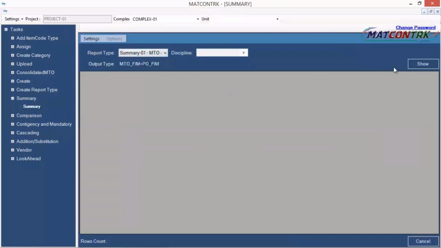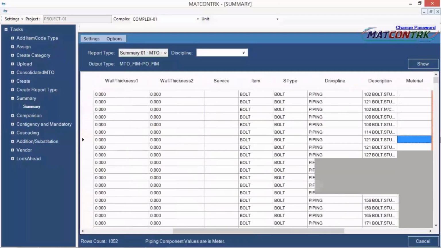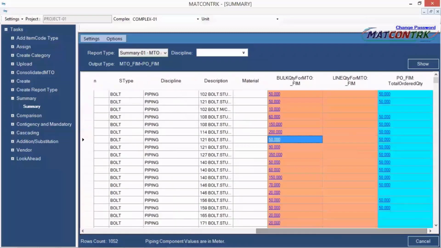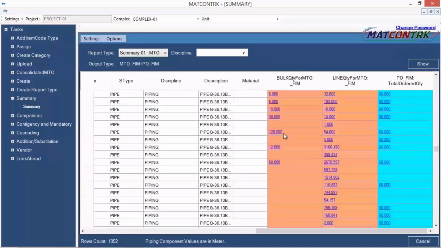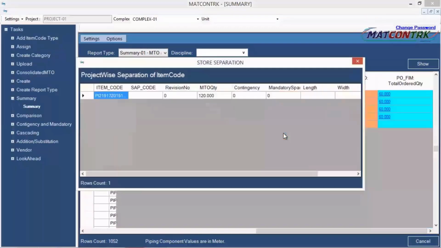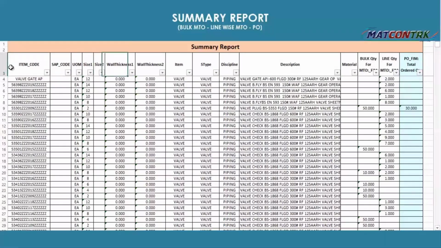Next is the summary report. Based on the selected report type, I am going to generate this summary. We can see the title, it is MTO versus PO. Both the MTOs are taken here, bulk MTO and line MTO, with the effective quantity of each MTO, and in the last column the PO quantities provided.